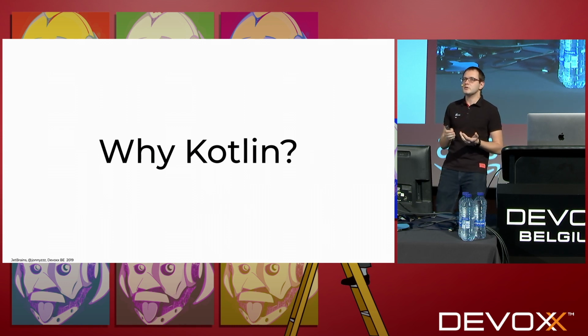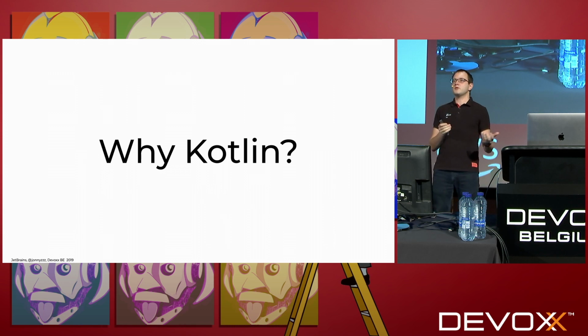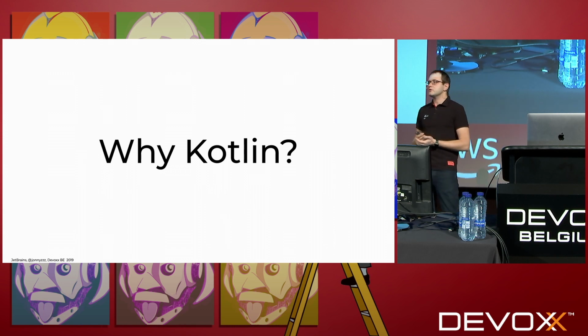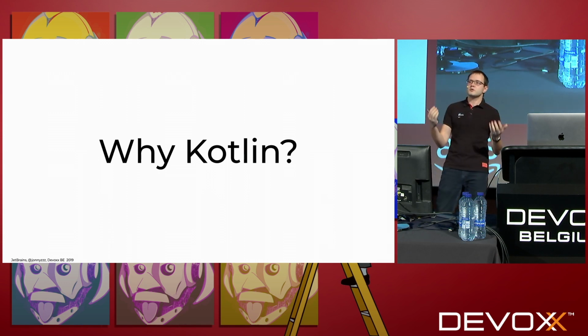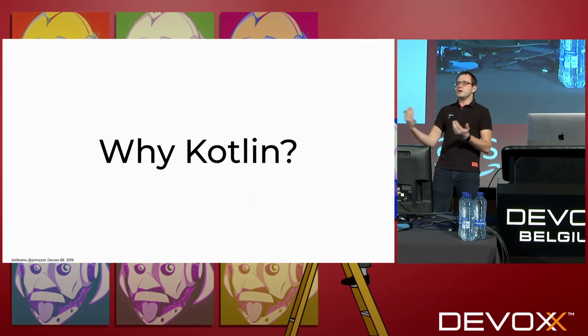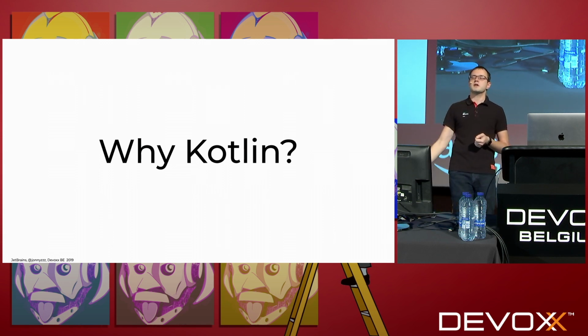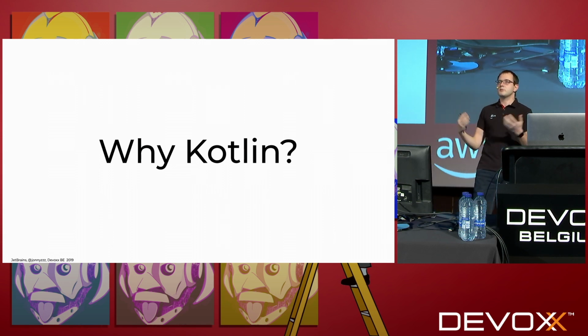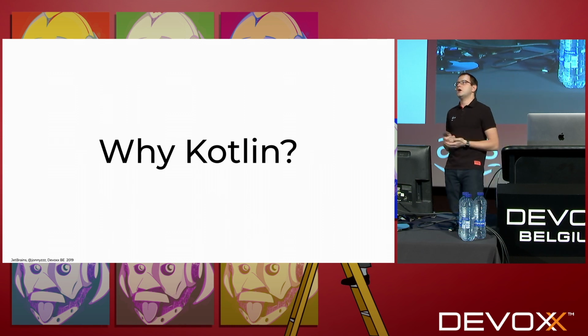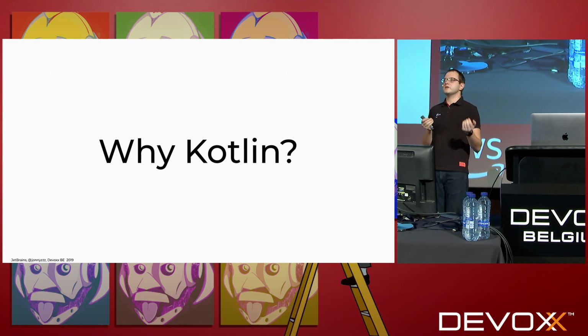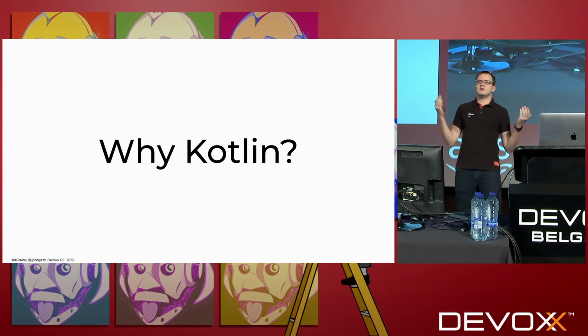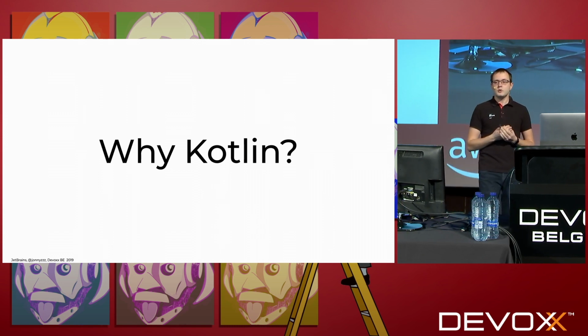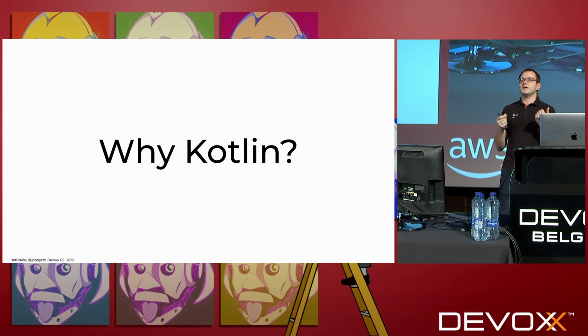By that time, the progress and evolution of Java was pretty slow, so we were looking around. We tried several different languages to see what was the best language for us. Some of these you can still find in the IntelliJ community GitHub repo. To tell the truth, we were not able to find a silver bullet, and I'm not sure if it even exists in theory. So we decided to kick off an experiment.